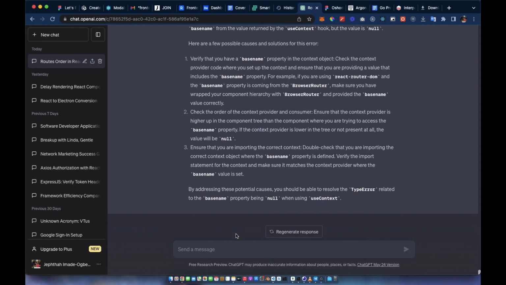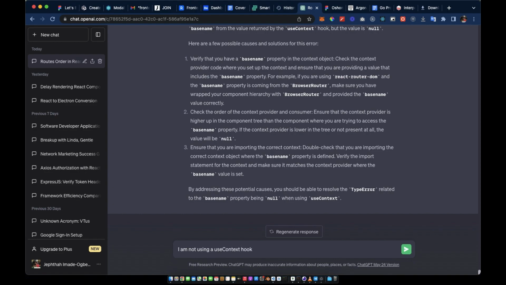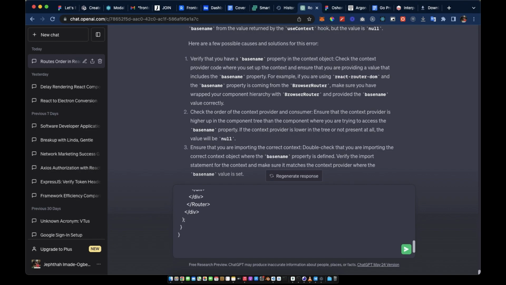So let's see if I paste my code, let's see if it's going to be able to find out what the problem is more precisely. So I said I'm not using a useContext hook and I paste my code there. I'm very certain that the problem is coming from this particular file. I just know. So I'm also going to say